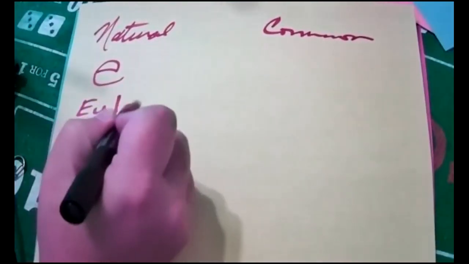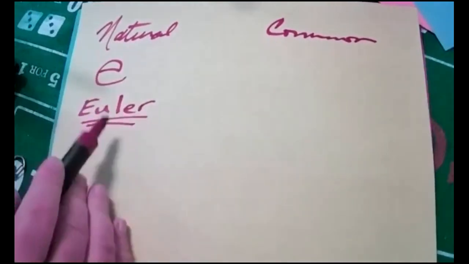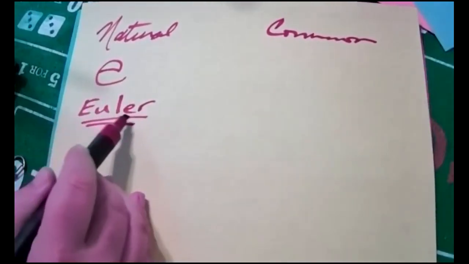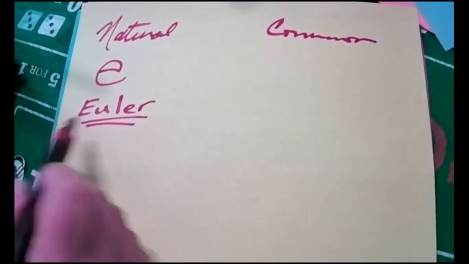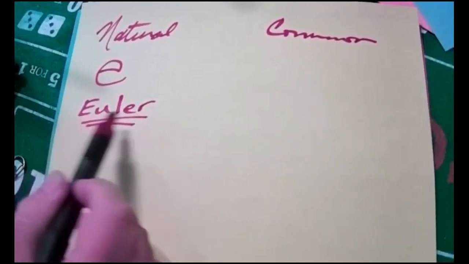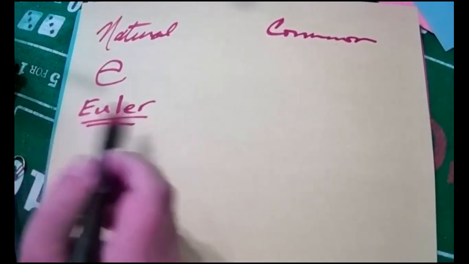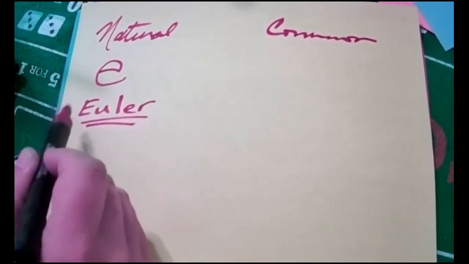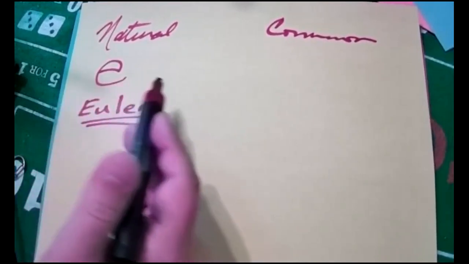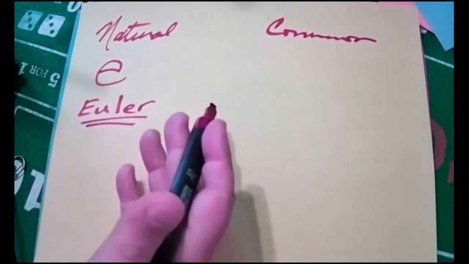The first number I want to talk about is a number called E, and it's based on a number that was discovered by a German mathematician whose name is Euler. Euler is spelled like this. As Americans, we may feel that this would be pronounced "Yuler," like a ruler, but in German it's "Oiler," and his name starts with an E. And when he discovered this wonderful number, he named it after himself, and they call it